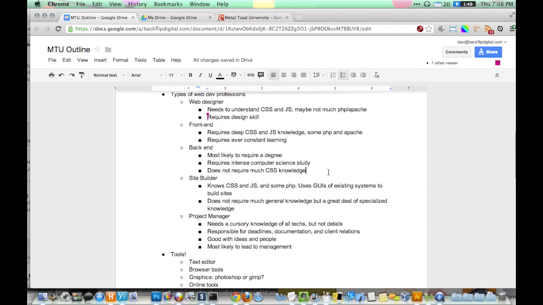Back-end. Back-end tends to be most likely to require a degree, but that's not saying that everything does require a degree. Intense computer science study. The one reason I don't claim to be a back-end developer as much as front end is it really requires some knowledge of actual programming design patterns. And